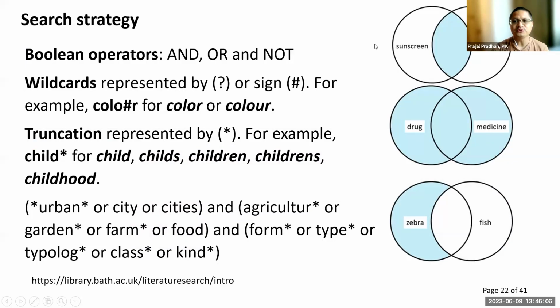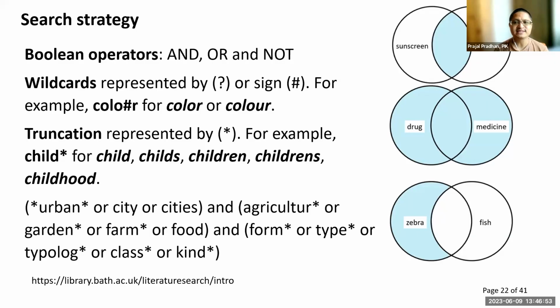Now, based on your purpose, you want to define some keywords. And what matters is how you use these keywords. If you search, for example, sustainable and development, you will get a different set of literature based on different operators. Here the example is sunscreen and skin. If you choose "and," you will get a set of literature as stated here in a